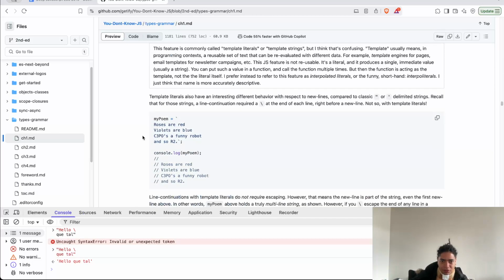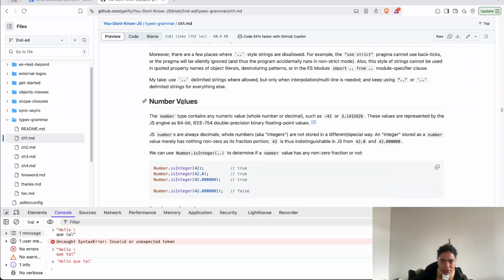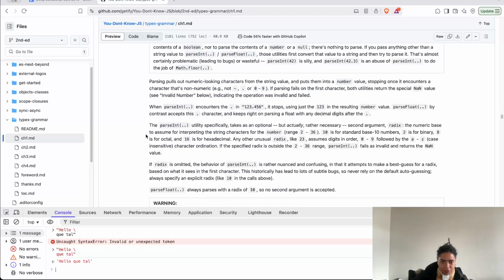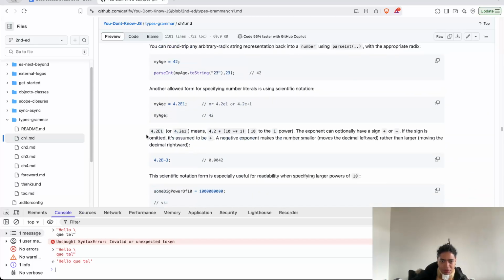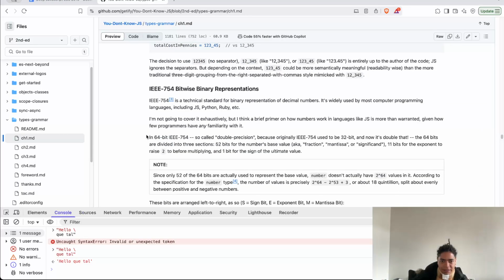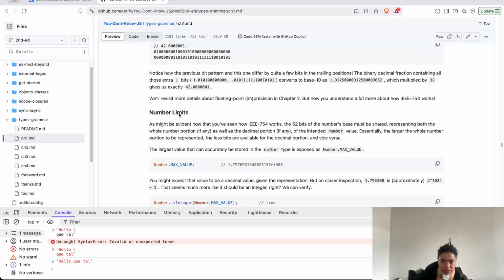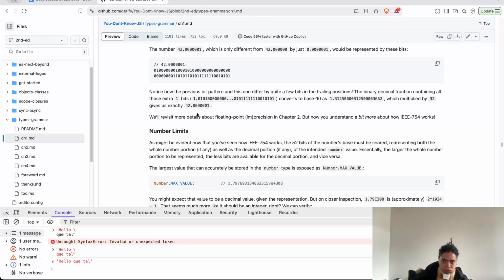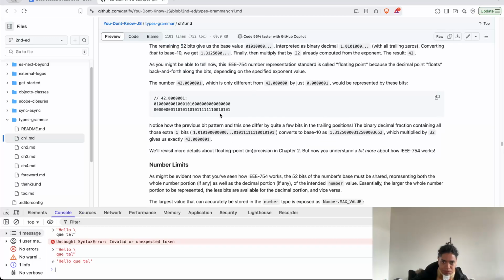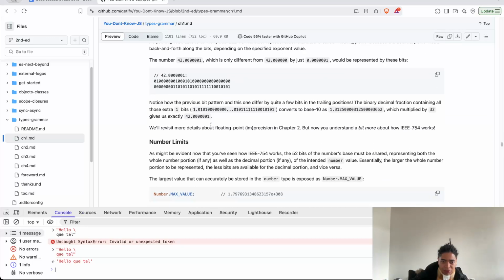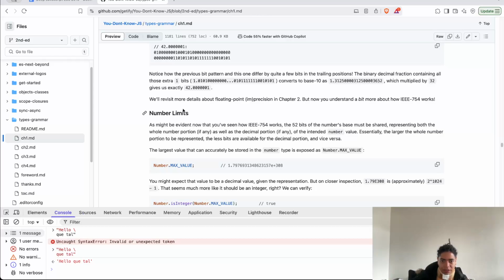Explain template literals, that's right. Number values, and here we are parsing and coercing all the numeric representations, and the IEEE 754 bitwise binary representations. The TLDR of all of this is that, understanding now how that works,